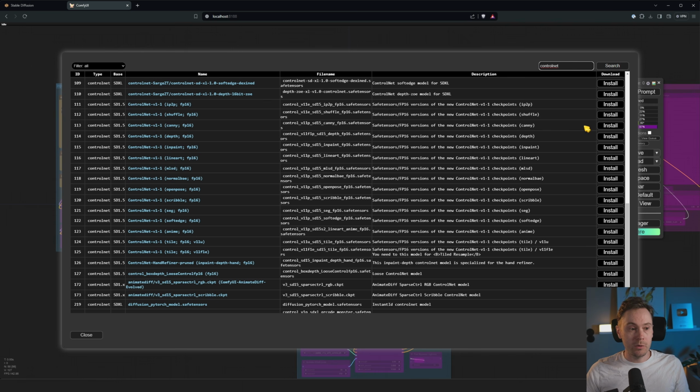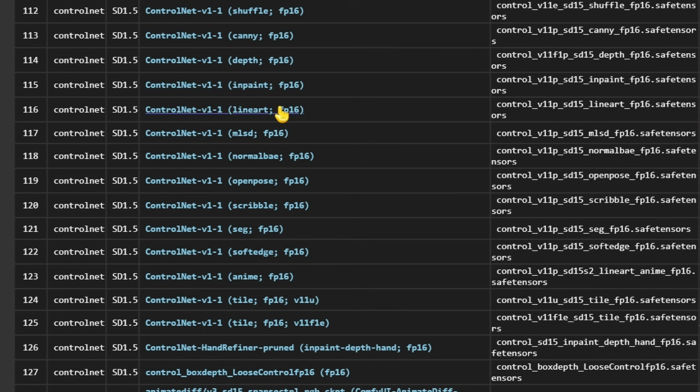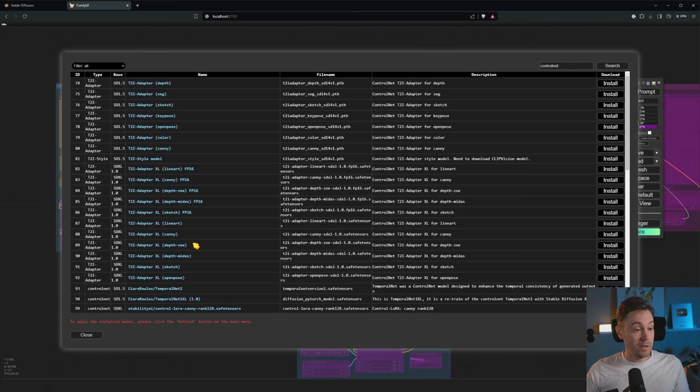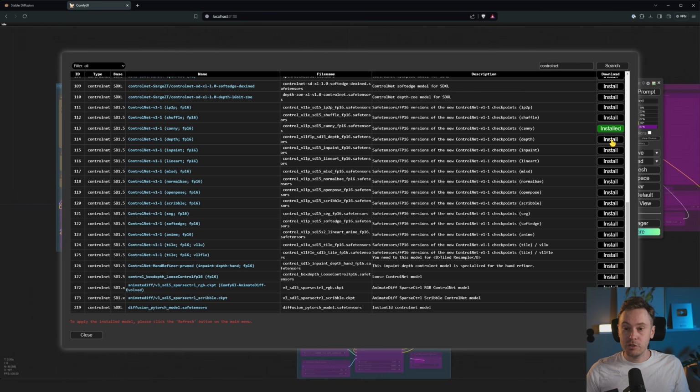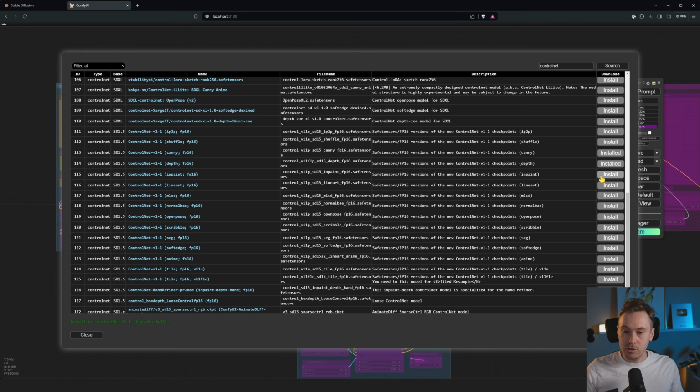I'm going to download the Canny, the line art, the open pose, the scribble, soft edge, probably anime line art, and the tile as well. Now those are fairly big, like I said, so get the ones that you feel you need. But if you have the space, just get the same ones that I do. Just make sure that whenever you install one, you scroll down again and recheck that it says ControlNet and SD